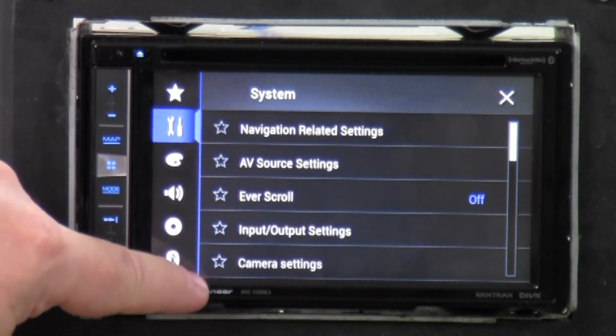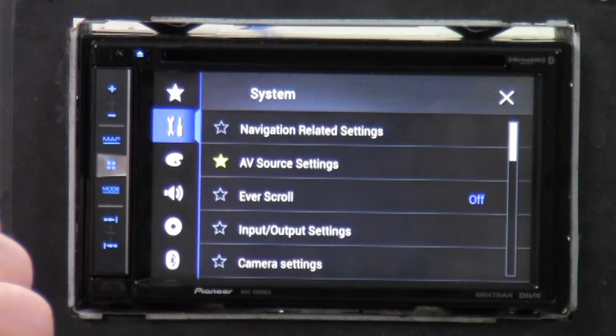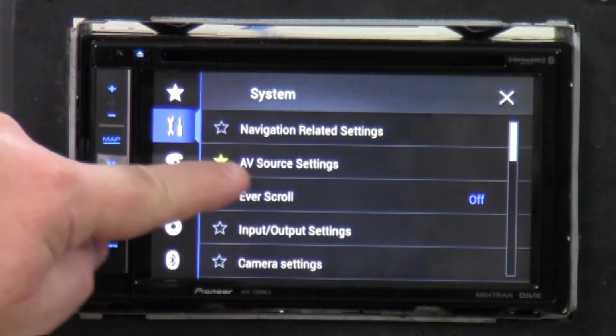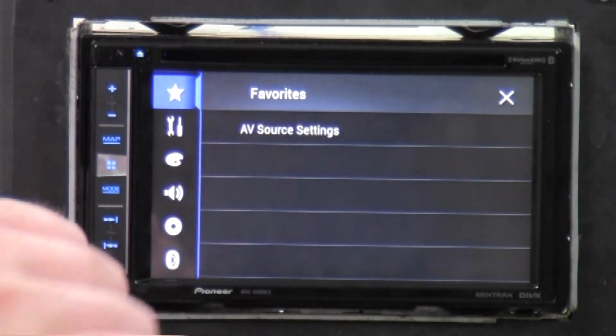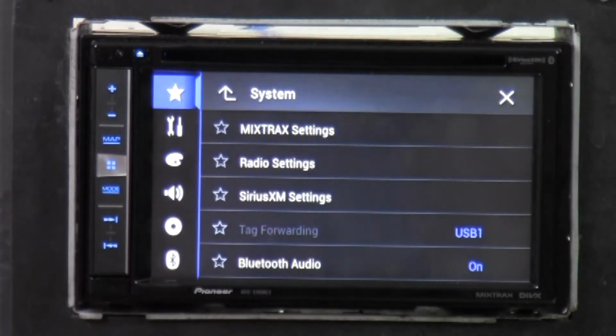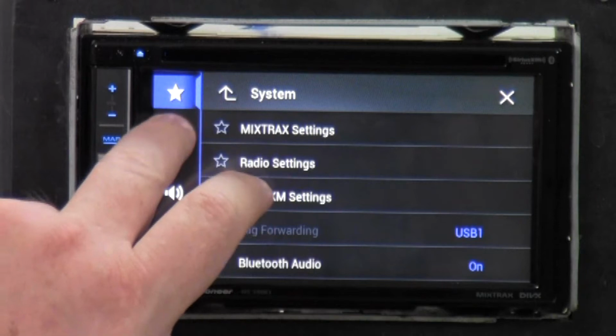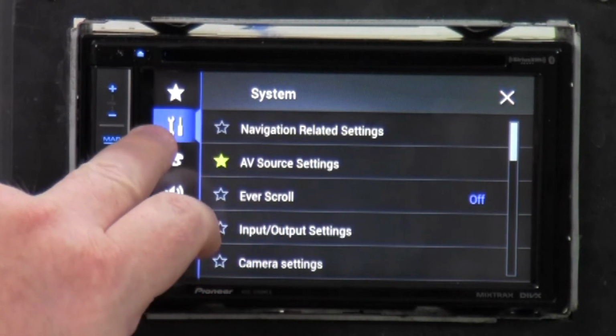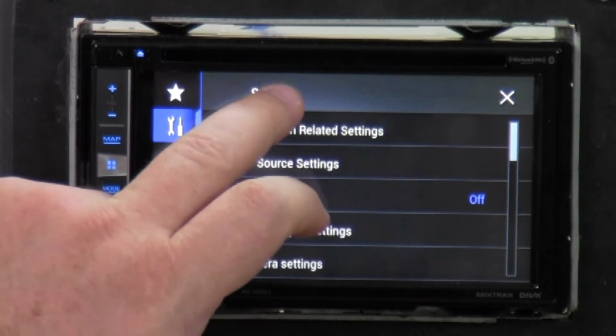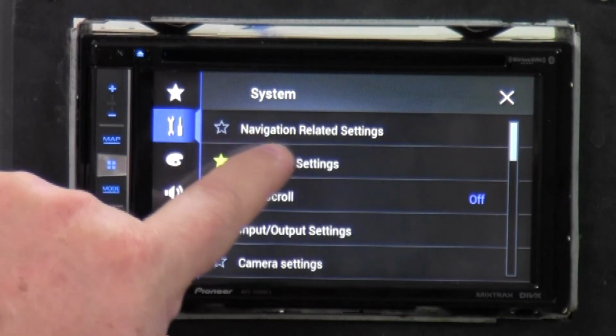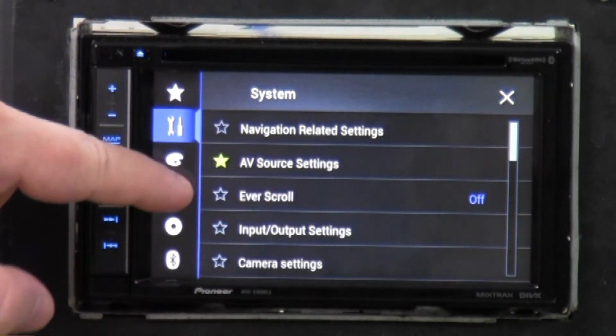These have little outline stars next to them. What you do is you click on it, it'll highlight it. So when you go to the big star, there's your settings, like a quick preset. So anyway, under the wrench and screwdriver settings, we got system, we got navigation related settings, AV source settings,